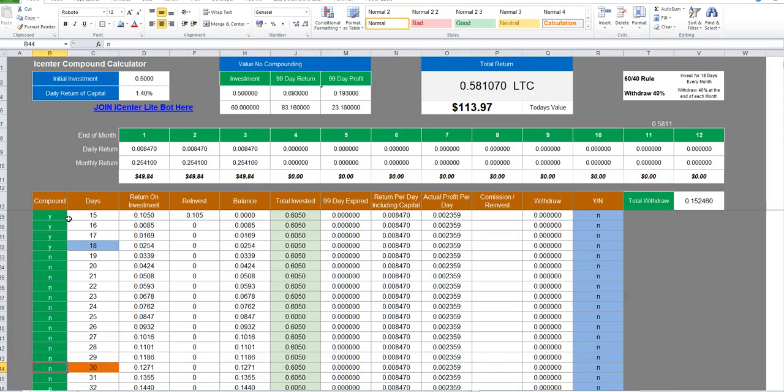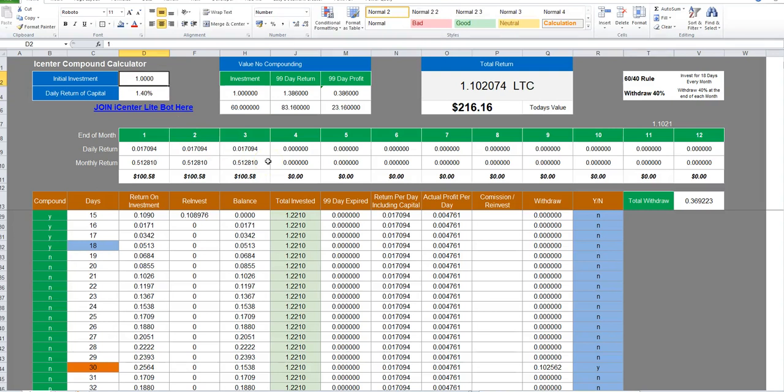The 60/40 rule doesn't work on every amount. Now the minimum, I think, let's just have a look, 0.9. Would that be enough? Nope. So let's just change this to 1.1. Would that be enough? Yep, 1 would be enough. Yeah, so 1 Litecoin would be the minimum amount that you could invest to make the 60/40 rule work 100%